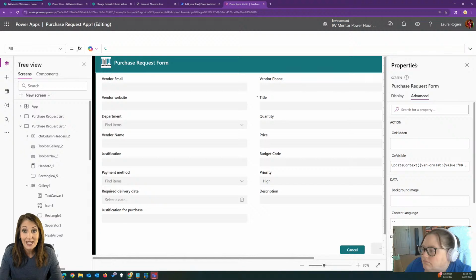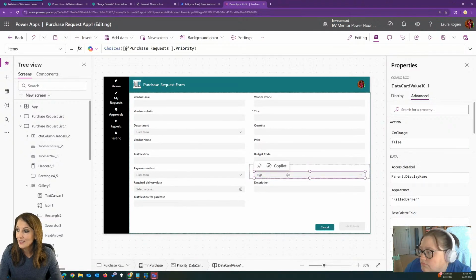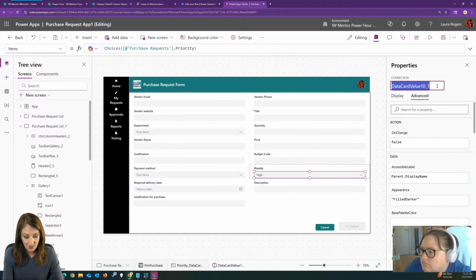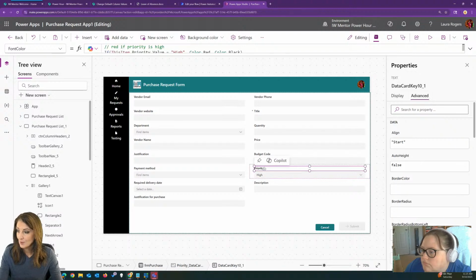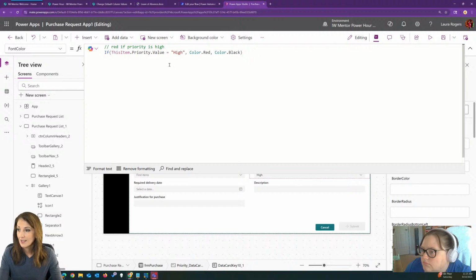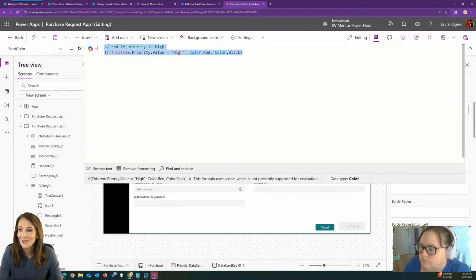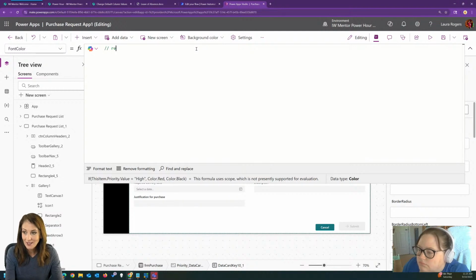So what it would need to do is reference this specific control. Let's see, priority. I'll call it DRP priority. And I'm going to get a little more specific with my prompt. See, again, it's a little less useful when you have to go through here and babysit it and change things just to kind of dumb it down. So I'll say red if